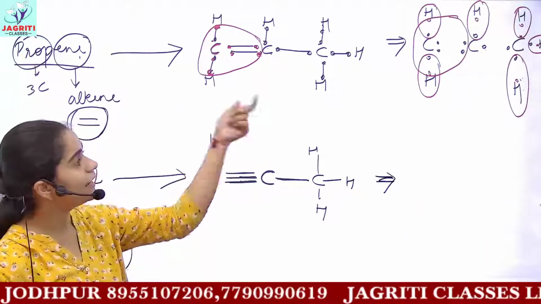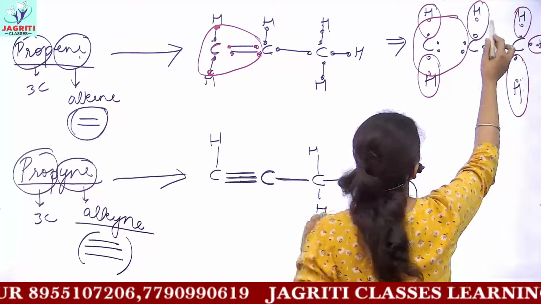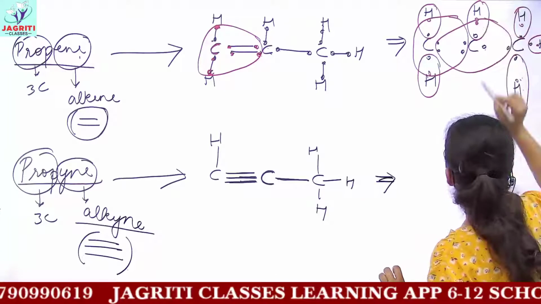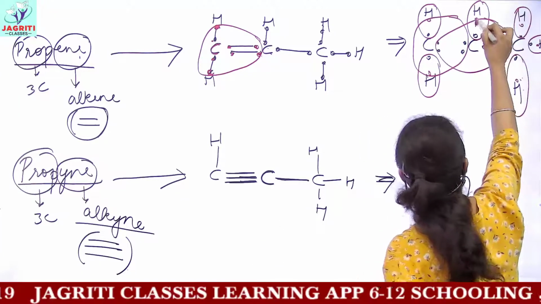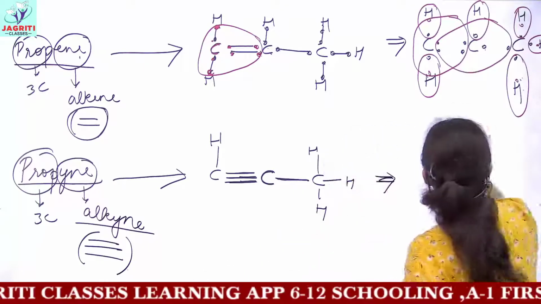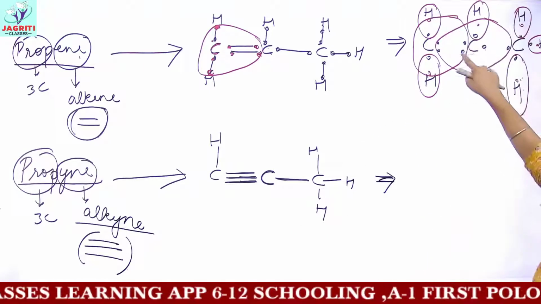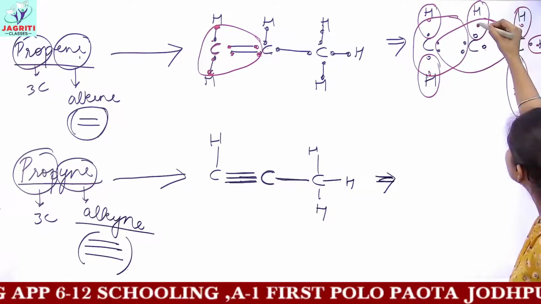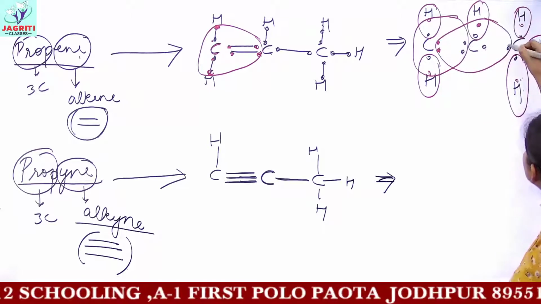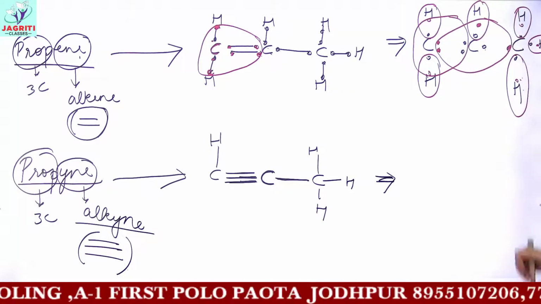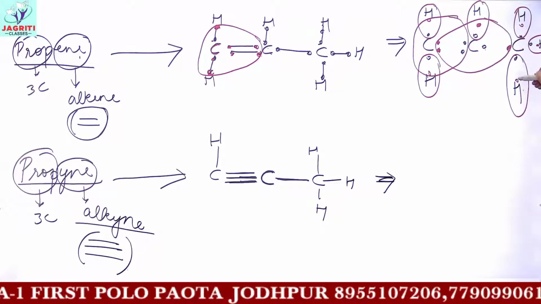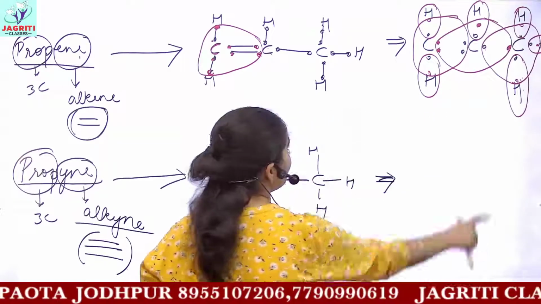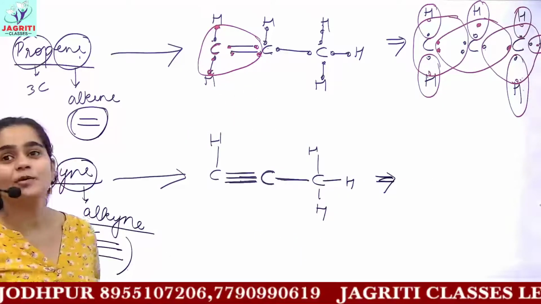So this would be the electron dot structure, and you can similarly complete this, I think. See, how many electrons does this sharing circle contain? This sharing circle contains 4 electrons shown by black color of this carbon and the remaining 4 electrons, 1 from the hydrogen, 2 from the first carbon and the 4th from the next carbon. So this also has 8 electrons, and similarly you can draw the sharing circle for your last carbon atom. So this would give you the electron dot structure, and this is the simple structure.